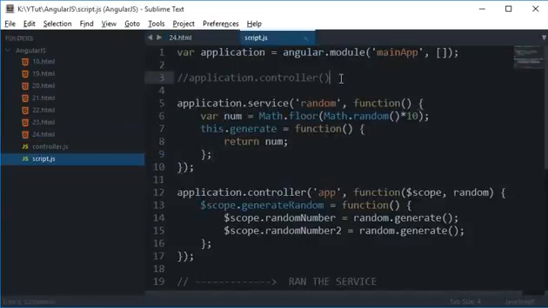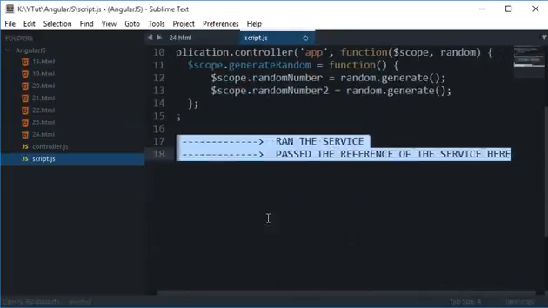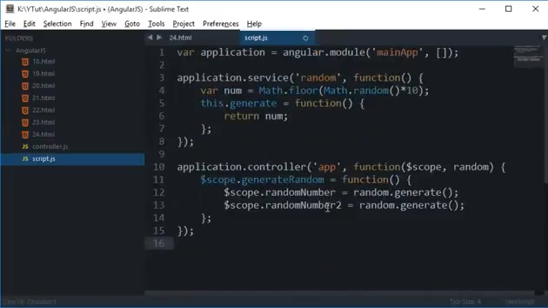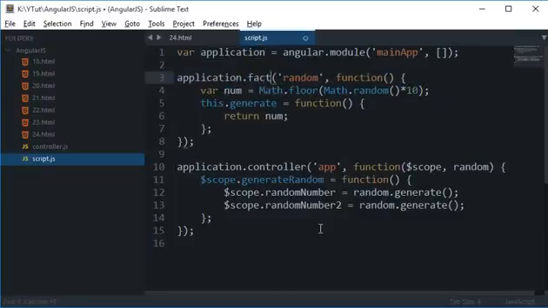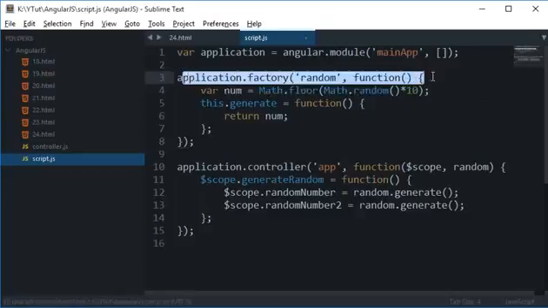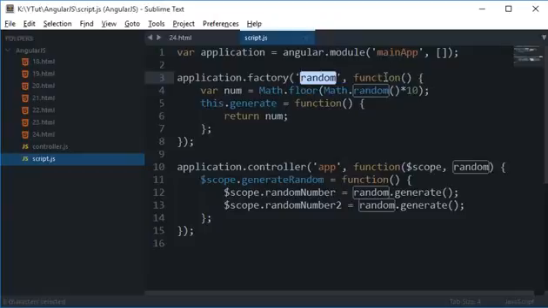I'll just remove the comments and let's modify this code from a service to a factory. Now how we can do that, I'll show you. There's not a lot of difference between a service and a factory. The first one being, instead of writing application.service, you'll write application.factory. Once you have done that, everything else in this line would be the same, the name of your factory and